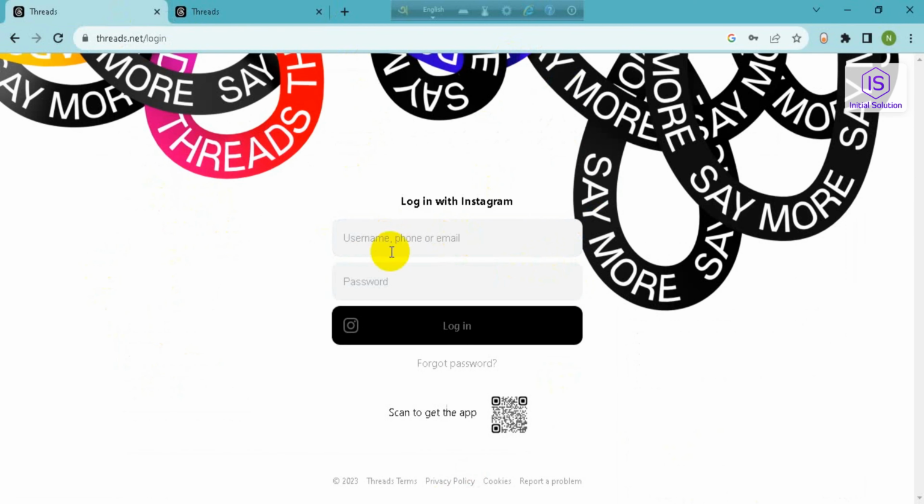Then you have to go for your email and password. You have to enter your email and password of your Instagram account because this threads is an extension of Instagram. So you have to enter your email address and password. So this is my email address and password. After that, you have to just go for login,